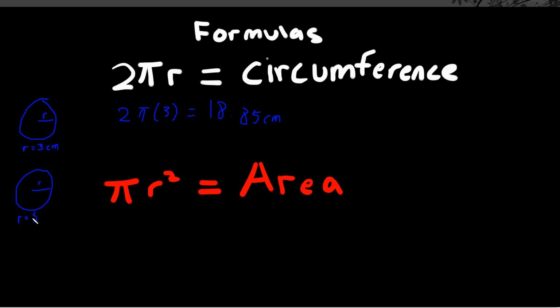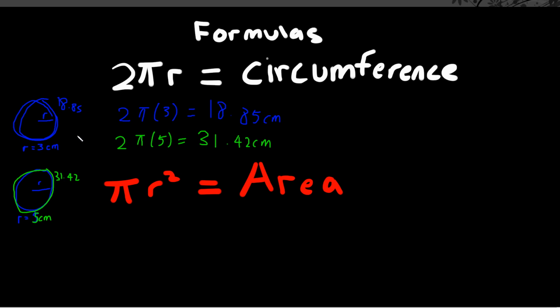Or another example, if you had a circle of radius 5 cm. Again, putting it into your formula, 2 times pi times 5 equals, type that into the calculator, you would have gotten 31.42 cm. This is the circumference. That means this length here is 31.42, and this length here is